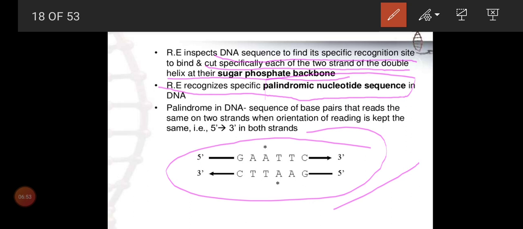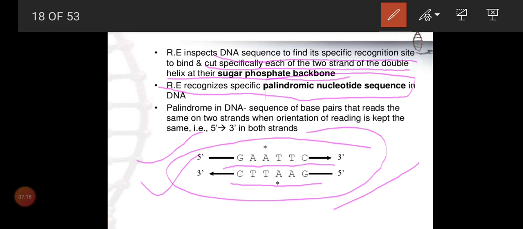We know DNA has two strands. So here, how this principle will apply, now look at GAATTC. Now in reverse order you read, this is 5 dash to 3 dash. Now come to 3 to 5, again we can see CTTAAG. So this is what we call a palindromic sequence. Here the matching sequence will be in the opposite.